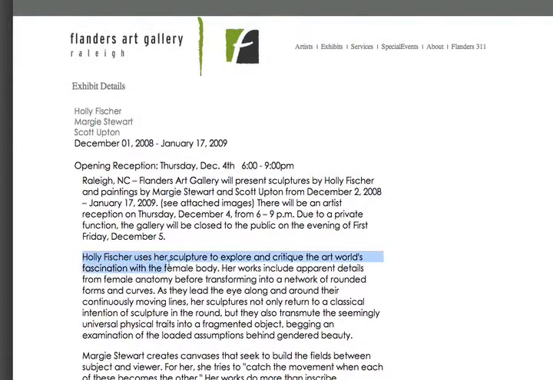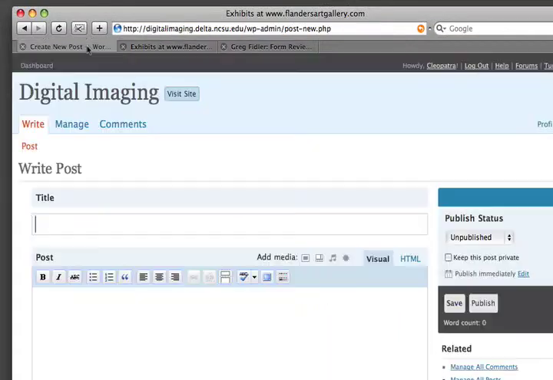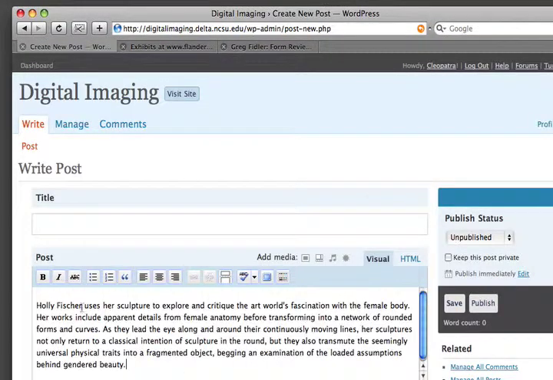So I've pulled their website up, and I'm going to get some information on that exhibit coming up just by copying that the easy way. And we'll paste that over here in our blogging tool. So the title, that's what shows up big and bold. So we'll put Holly Fisher exhibit at,